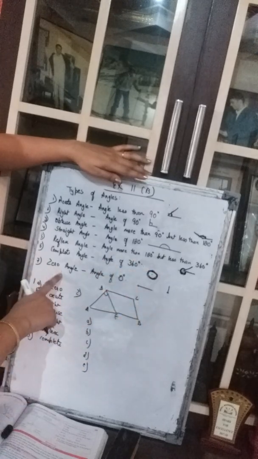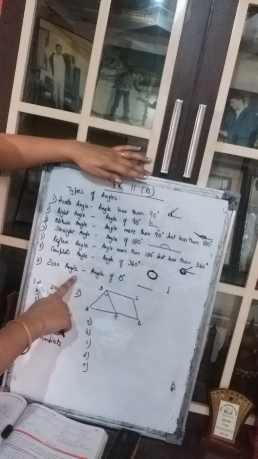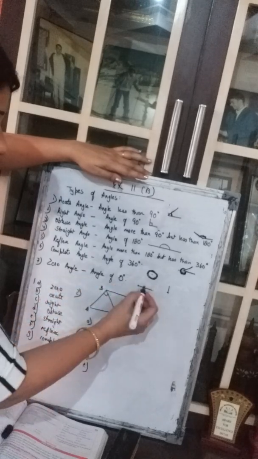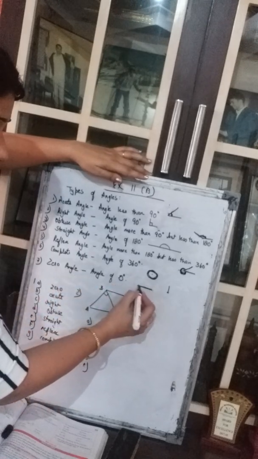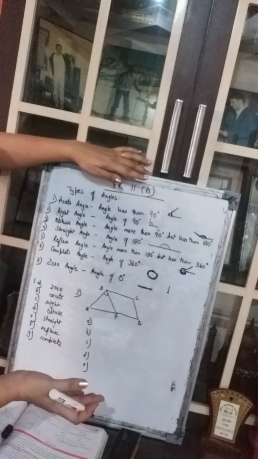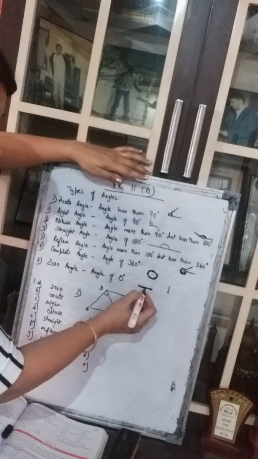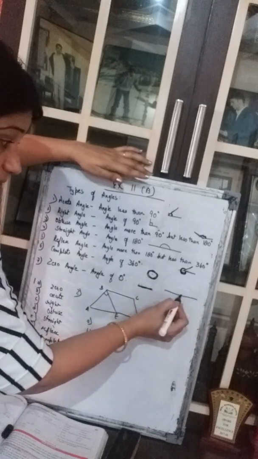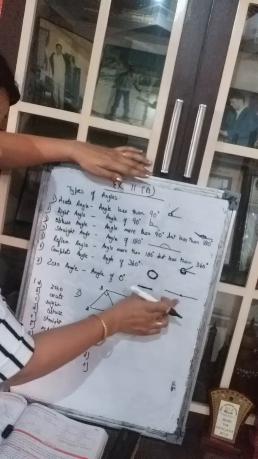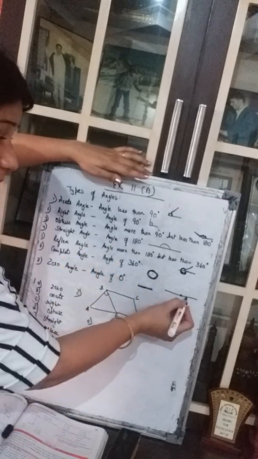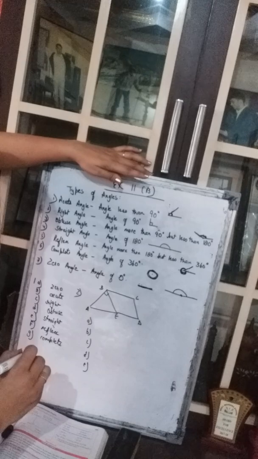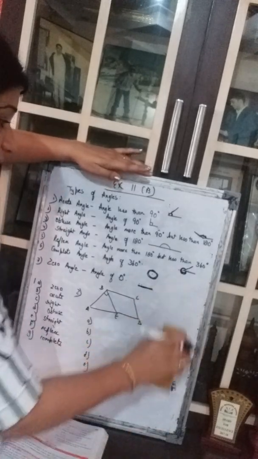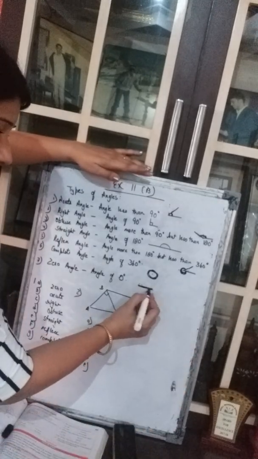Then we have one more angle which is a zero angle. What is zero angle? The angle of 0 degree. When both the lines are lying one on top of each other, that means they are not making any angle. That doesn't mean that it is like this. The point is, here one line is here, one line is here. No, that would mean that this is a 180 degree angle. But when both the lines are on top of each other, that means there is a single line, like this. So it is not making any angle.